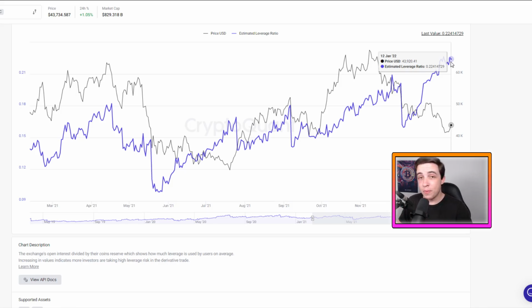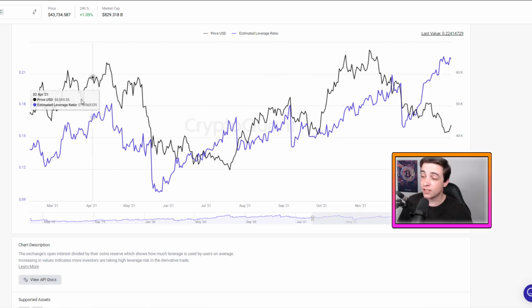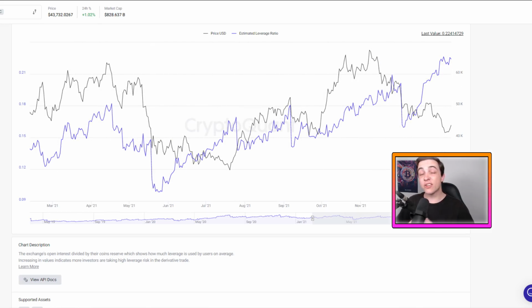There's still a lot of open interest flowing around in the markets right now that needs to be repaid at some point. And when that day comes, which it will eventually, we will see this purple line just here, the estimated leverage ratio, drop to the downside like all of these other liquidation events we've seen time and time again. And based on a number of different factors that I have been talking about recently on the channel, it is simply more likely that the next liquidation event, the next major squeeze in the market, is going to be in the form of a short squeeze rather than a long squeeze.